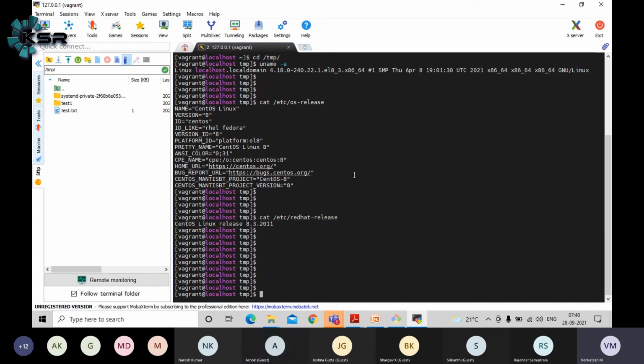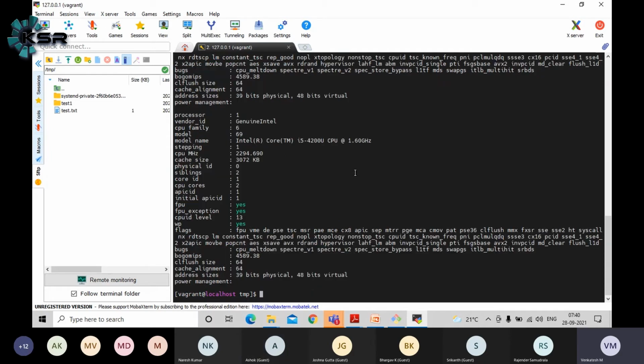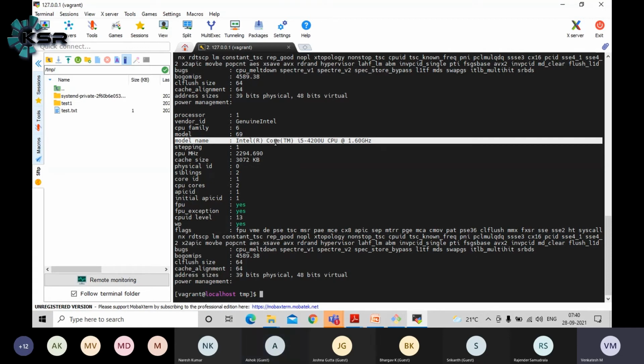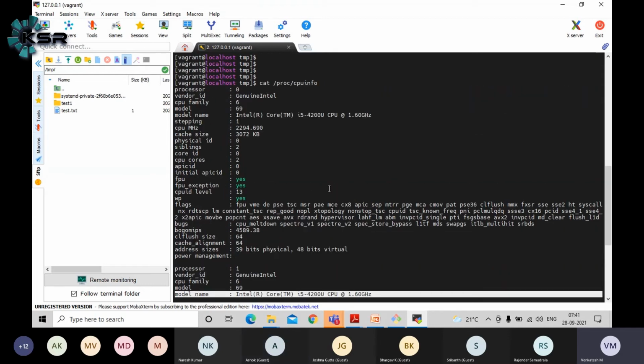Similarly, if you want to see the CPU or memory configuration, obviously some i5 configuration, i3 configuration, in Linux also we have similar information. If you want to see that, cat /proc/cpuinfo, and you will see all the data, guys. As of now, it is showing the processor from my laptop because I'm running my Linux server within my laptop. If you are using a real-time hosting server, you won't see Intel, some different vendor, and you will see the model. You will be able to see all the CPU information here.